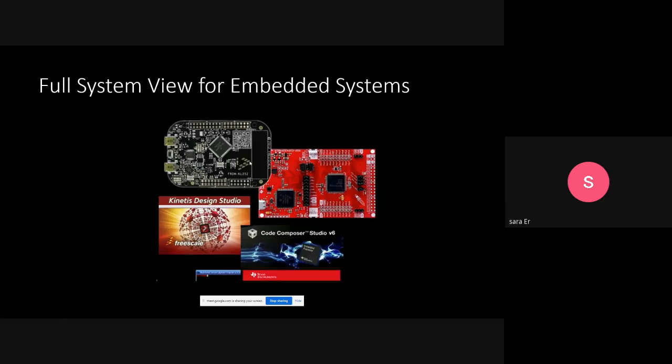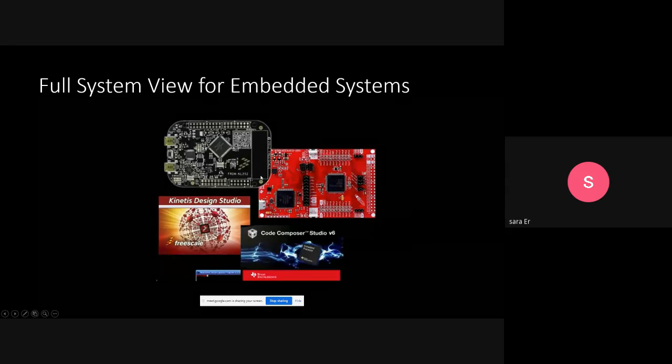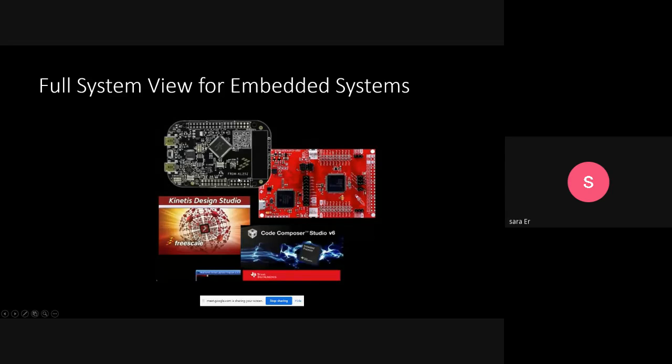And after that, this red board or this black board are our ARM chipset that we want to send our program to.